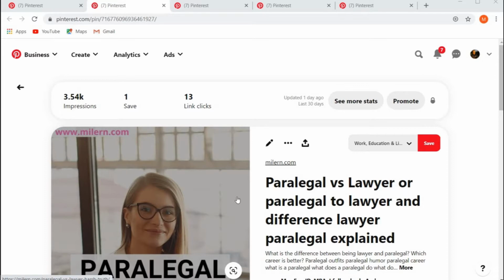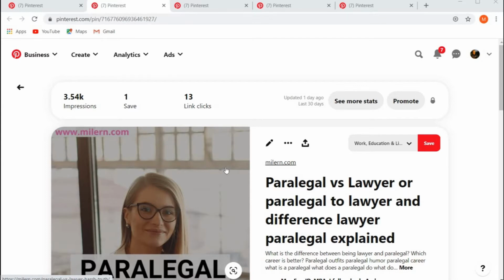The definition of a viral pin on Pinterest is basically when people click it a lot and save it a lot. Different users save it to their own accounts, then other users save it from their accounts to their own accounts, and that's what's viral. It's like an infection. It goes all over the place and disseminates across the Pinterest community.